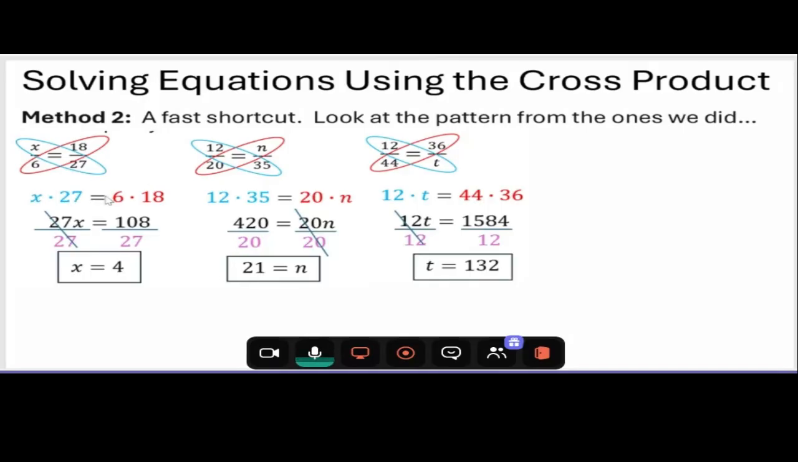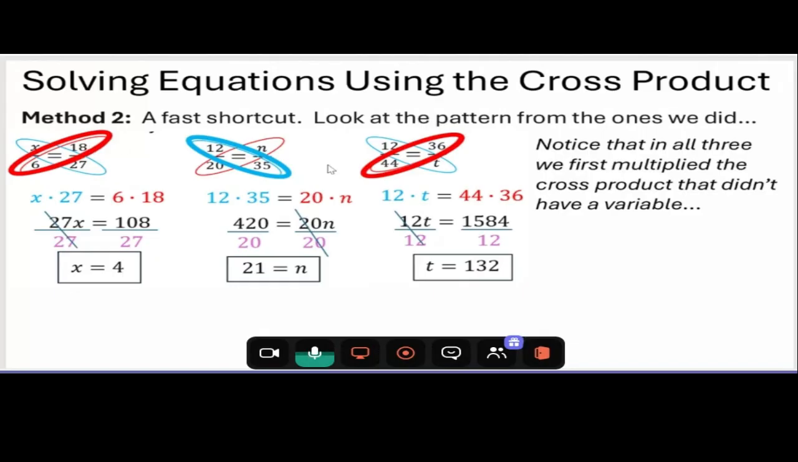Look at the first one. I multiplied 6 times 18, then divided by 27. Look back at the question. 6 and 18 are the cross product pair that doesn't have a variable in it, right? This cross product pair in blue has an x in it, the variable. The red in this case is the one that doesn't have a variable. We took 6 times 18, and then,